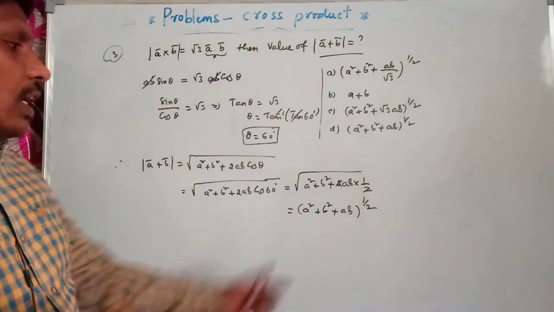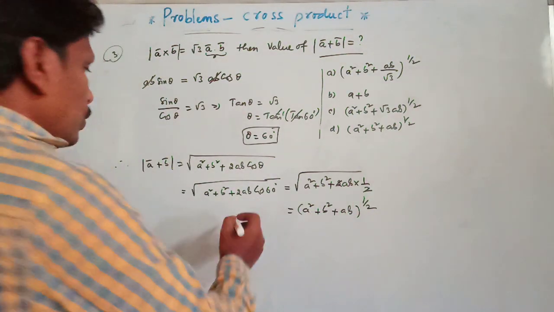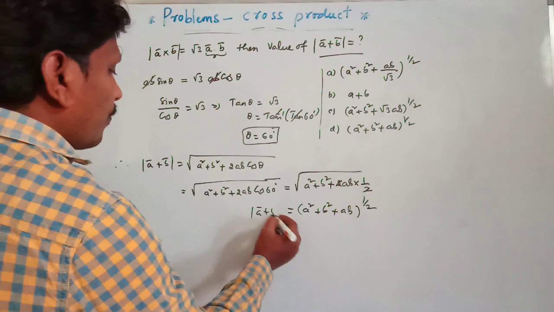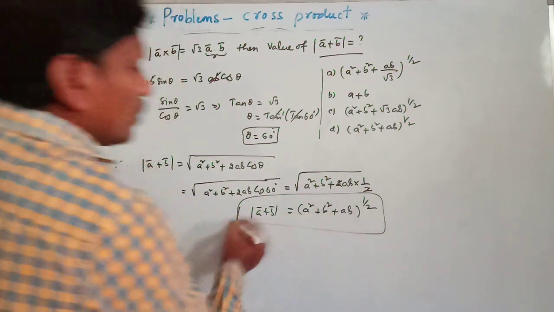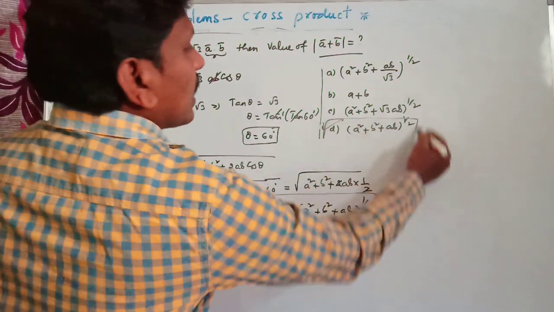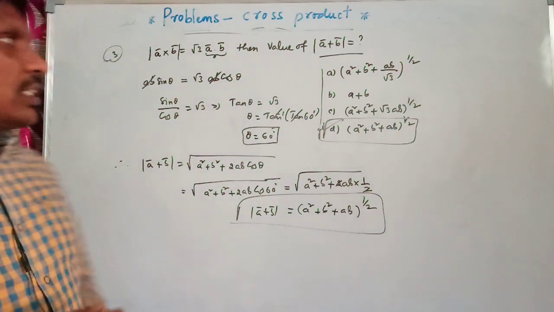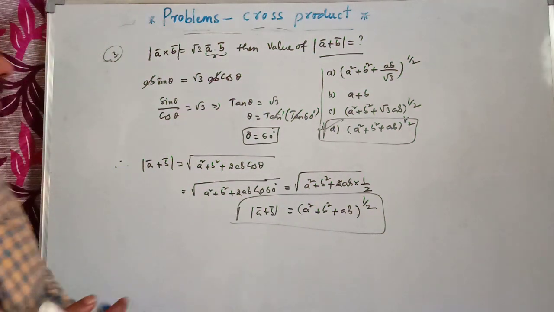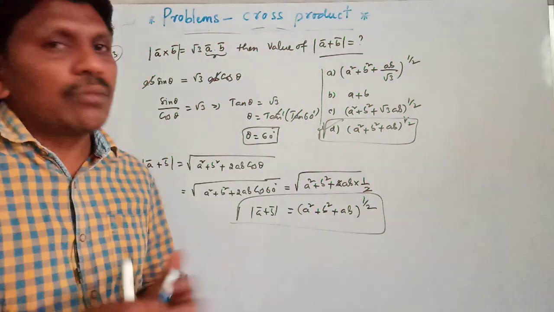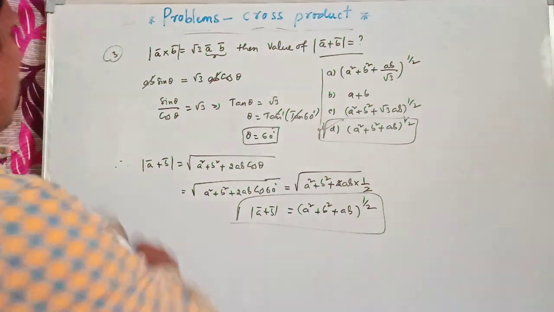half, all to the power of. So which option is right? So this is the answer, option D is correct. Clear? So these are the questions which were already asked in previous examinations. Now let us go through them one by one.